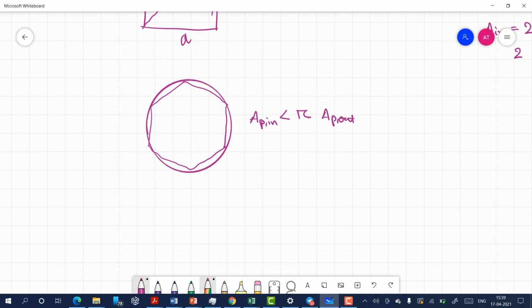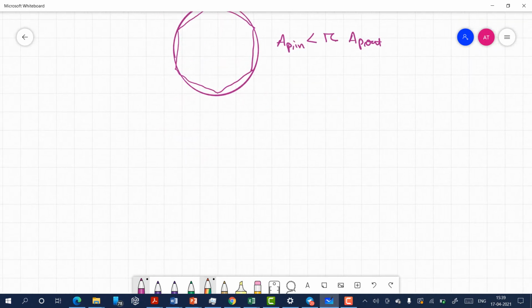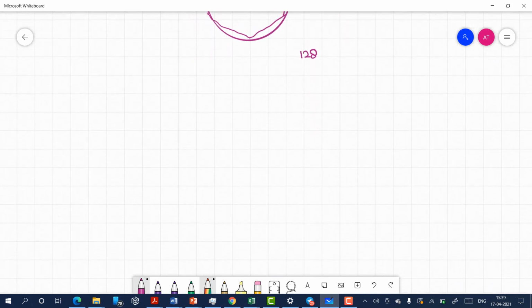And I have told you this, that one of the researchers did it for a polygon which had 128 sides, and did it for 9 years and found out the value of pi to certain decimal places. And then Newton comes and does something. So the Pascal's triangle, which we have discussed in FEM,